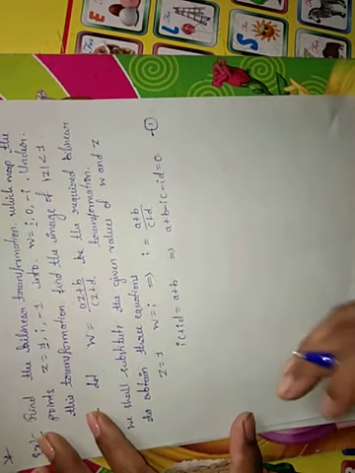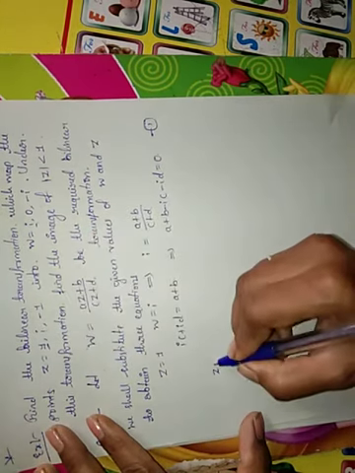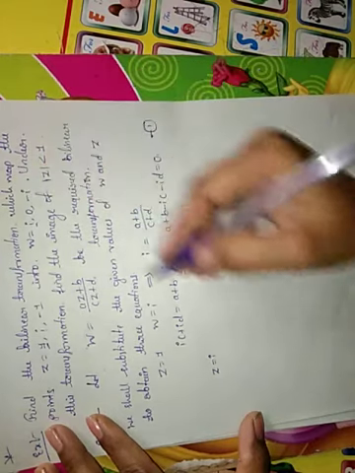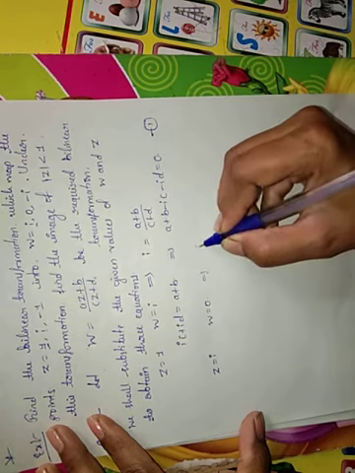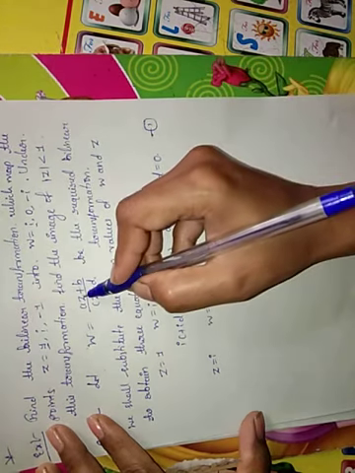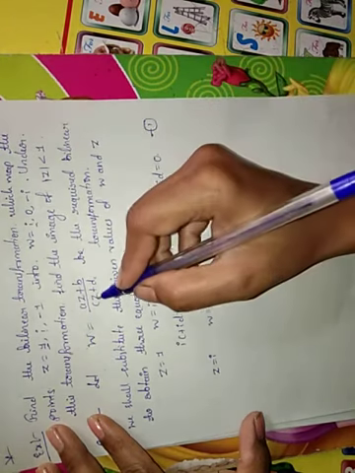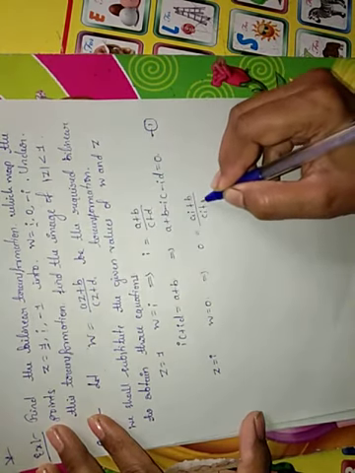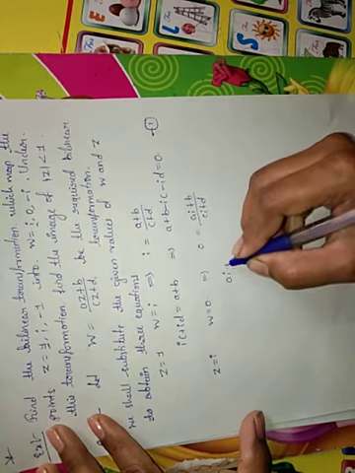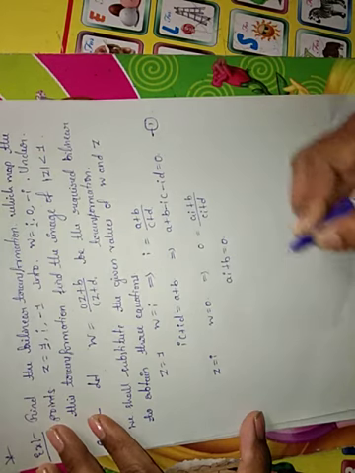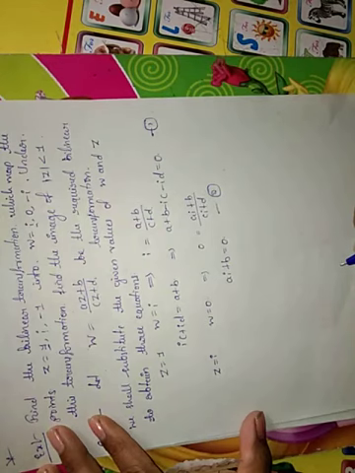Come to the next one. Z equal to i, W equal to 0. That implies 0 is equal to (i into A plus B) divided by (Ci plus D). Take this term onto the LHS side, 0 into something is 0. So Ai plus B is equal to 0. Call this one as equation 2.